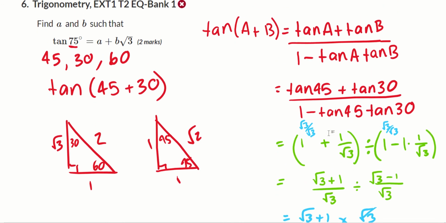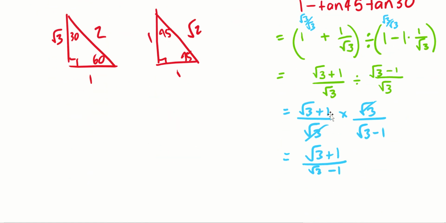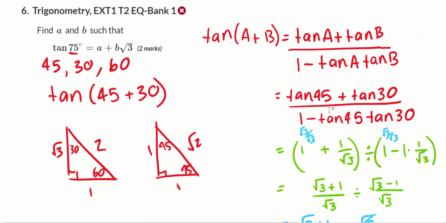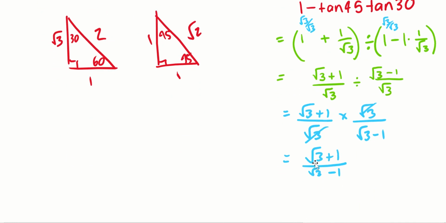Look at the answer you need. Notice how it's rational. It's got a rational denominator, I should say. There's no surd on the denominator, but we have one. So what I need to do is rationalize the denominator. So remember, rationalizing the denominator, we times the top and the bottom by the conjugate of the denominator. So root 3 plus 1 and root 3 plus 1. When I do that, if I expand it out using FOIL,